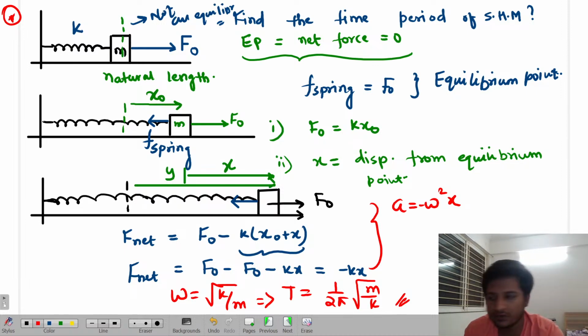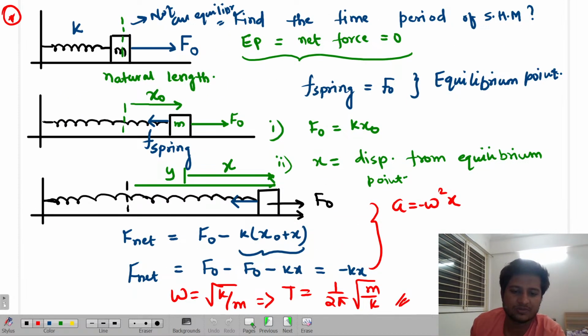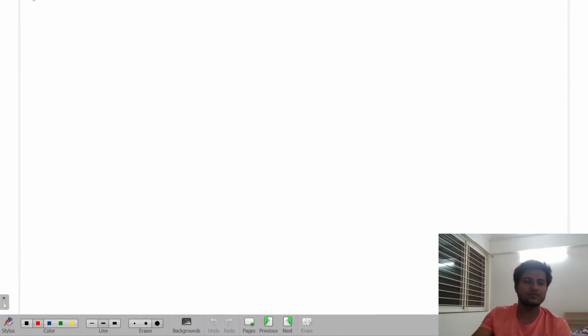For the same formula we are getting for the horizontal and vertical. Nothing has changed basically. Over there was an external force mg. Now here is an external force F naught. So you got one conclusion. If there is one block,